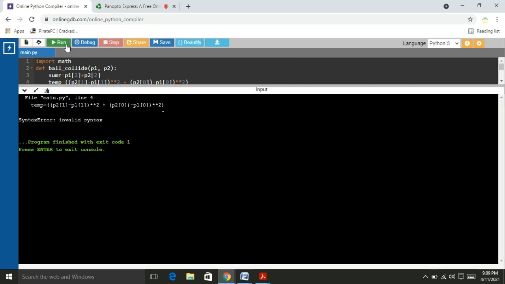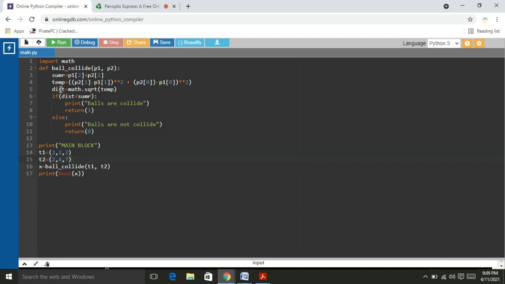Is there any error? We are going to visualize this one, right? Somewhere here in line number 4, temp equal to, up to this one, this is over. This is the first parenthesis, second parenthesis, one parenthesis closed. This is the third parenthesis. Here I keep the parenthesis, here I keep the parenthesis, that is wrong, right? Now once again I will run this one,